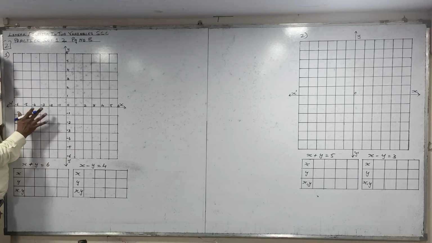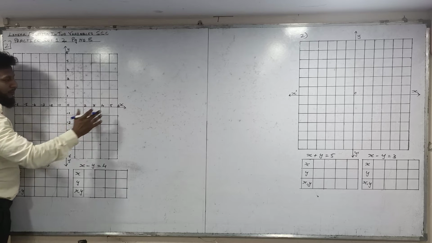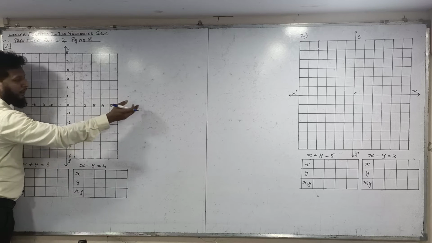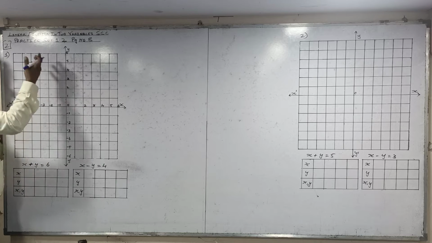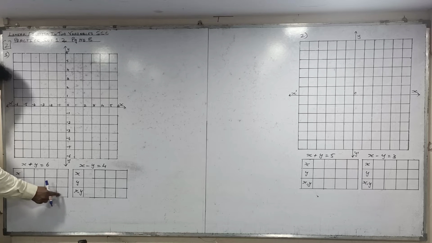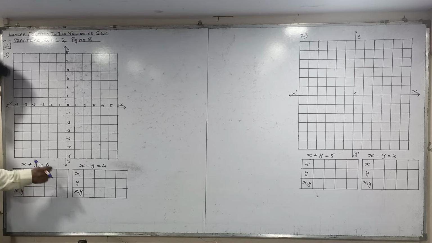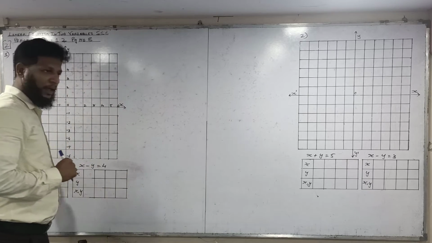Okay, so this is your graph. On the board there is limited space, so I have drawn only till 6. You can go up to 9 or 10, on both sides, left and right, above and below. So this is your equation, and you have to solve this box, and then we get these 4 points. After plotting these 4 points, we have to draw the line where the lines of this equation and this equation intersect; that is our solution.